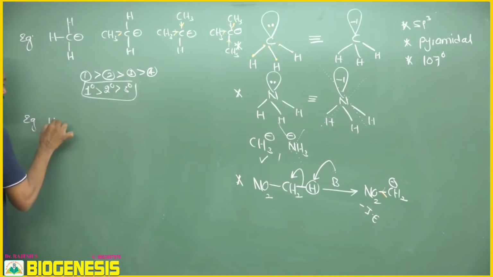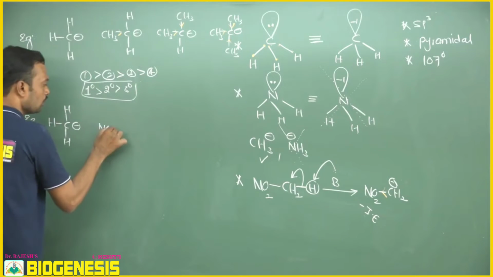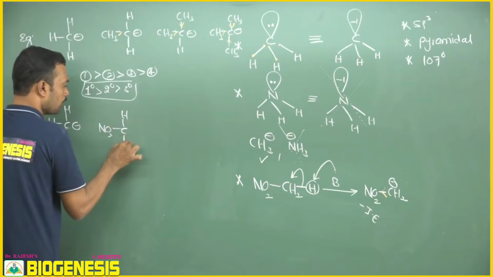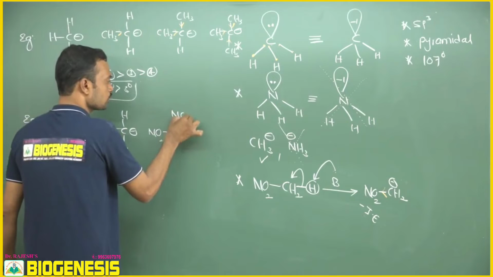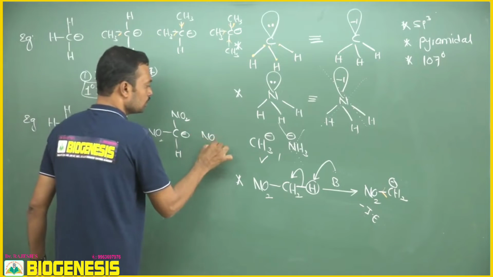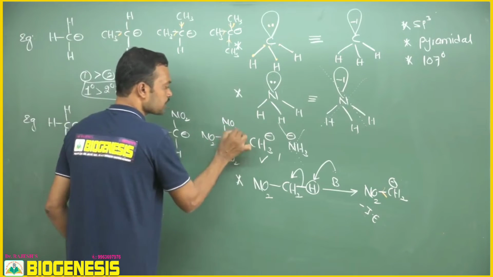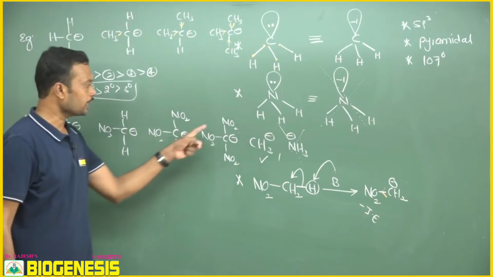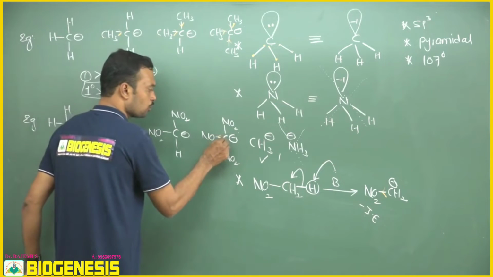Suppose I substitute an electron withdrawing group, this is carbanion. Here I am using one nitro in place of one hydrogen. Two hydrogens are replaced by two nitros. Now three hydrogens are replaced by three nitro groups like this. So when three nitro groups are withdrawing electrons from this carbon, then what happens is this becomes more and more